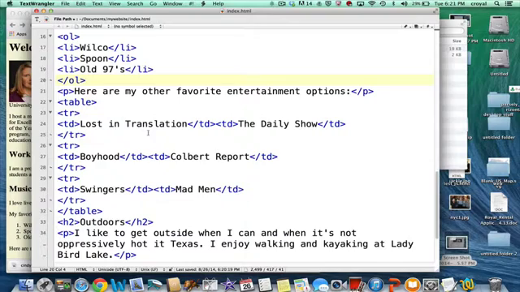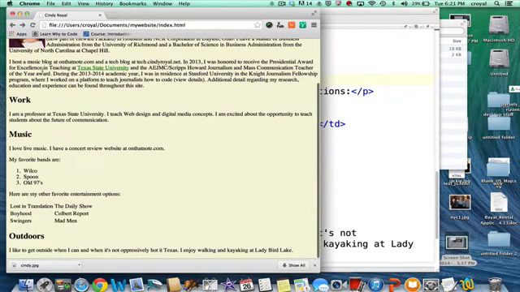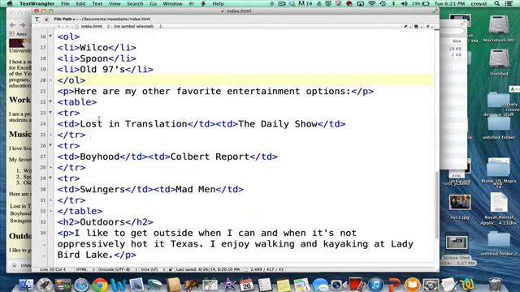So let's save this, and I will come over here and show what this looks like now. And we have sort of a table here. You can see how things are aligning. There are some ways that we can adjust this. First of all, we might want to put some sort of a heading here so we know what we're even talking about. So we can create a new row at the top of the table